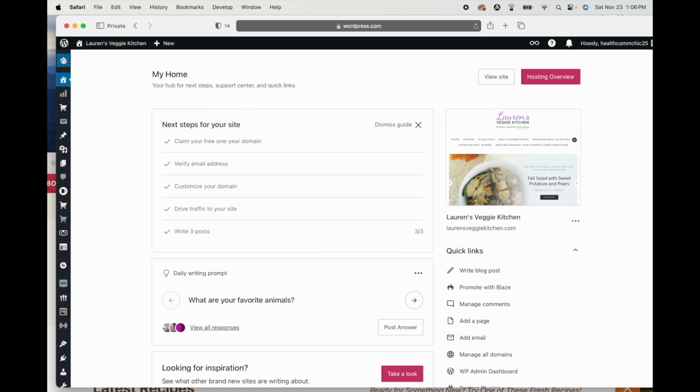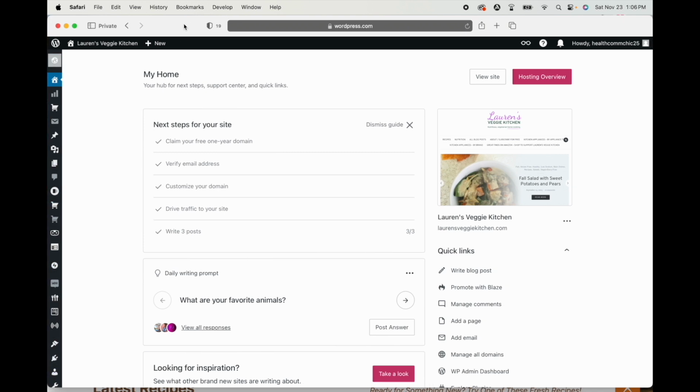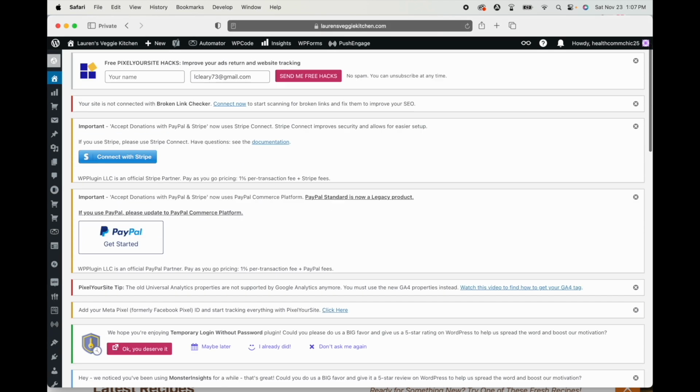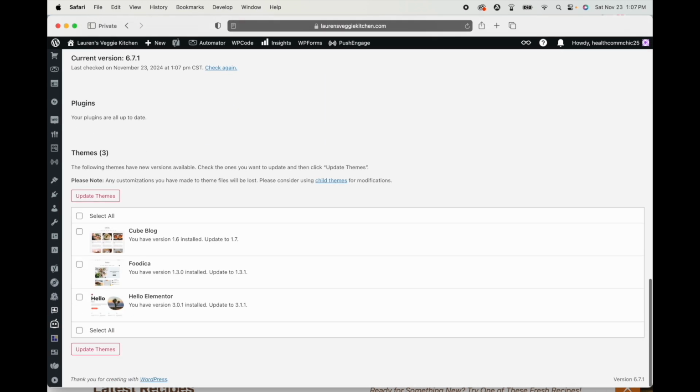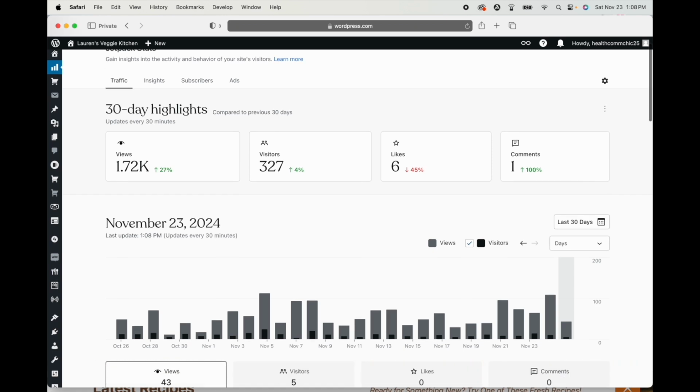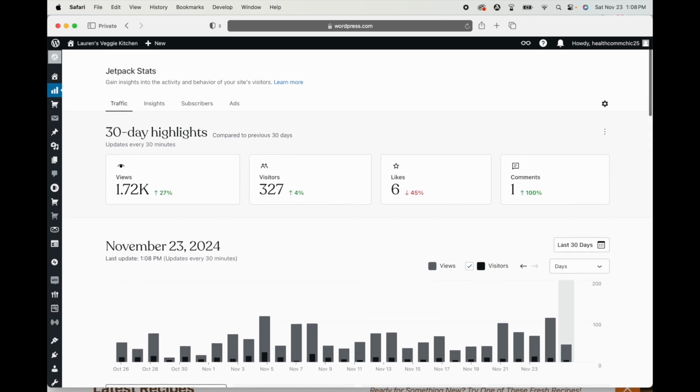Okay, on the items in this left side menu, I'm going to quickly go through each of them so you have a feeling for everything in the dashboard. This is your home page, and you can check these different items on here. Under Updates, you can see information about updates on this page, and you can update your themes. And then here are your stats. You can view statistics of visitors,